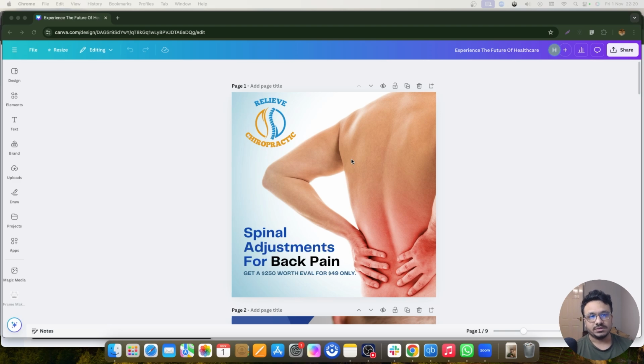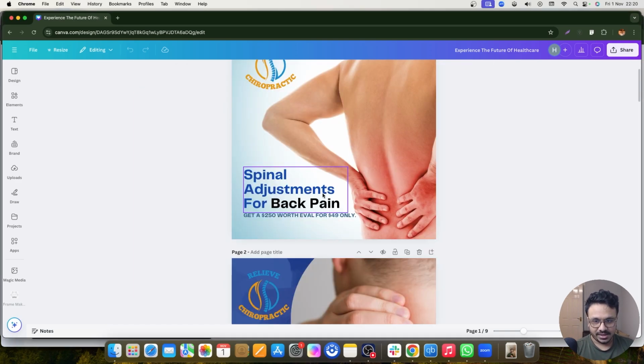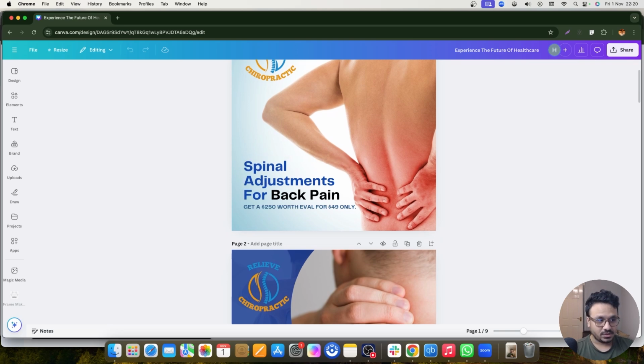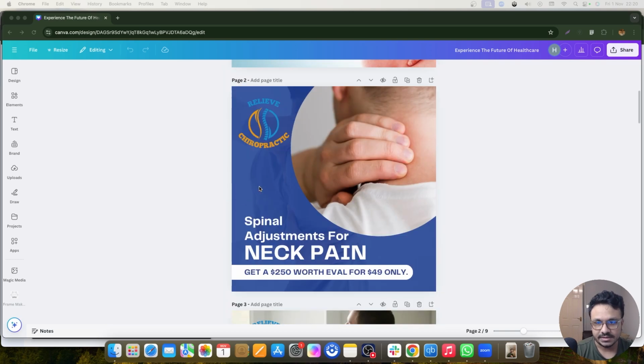But if you want to search for more free stock image platforms, you can just Google free stock photos, and then it'll give you websites from where you can download these images. But you can use these images, use your logo, and just add the headlines. These are the types of headlines that work really well. Spinal adjustments. This is a chiropractor example, but in your case,